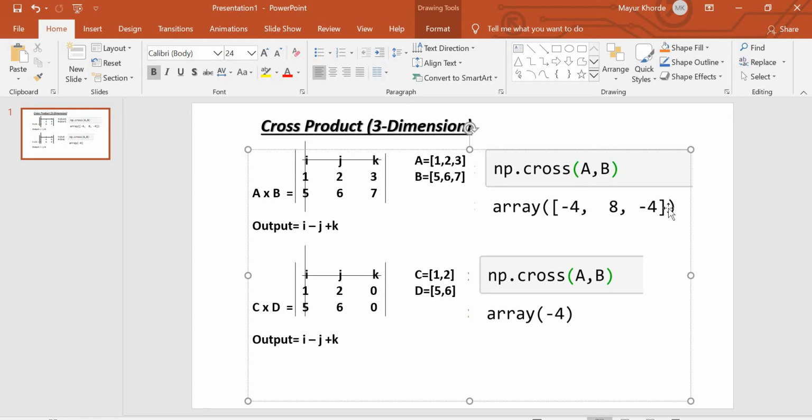Okay, now we'll go ahead and see how this 8 came. This is the second, that is J. So we cross this J line, and we multiply this 2 and this 2. So 7 into 1, that is 7, minus 5 into 3, so 7 minus 15, that is -8. But we got -8, and here it is +8, because in the formula you can see a minus sign is there, so minus minus makes plus, so we got 8.